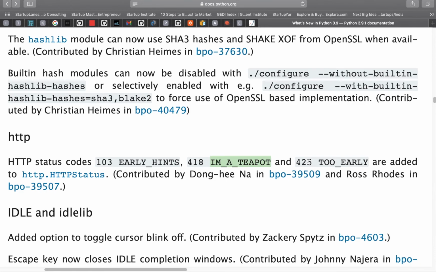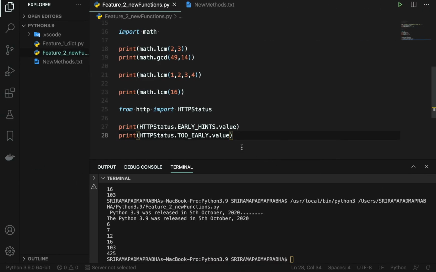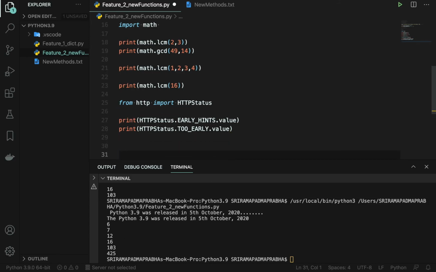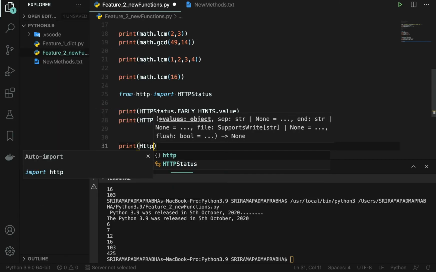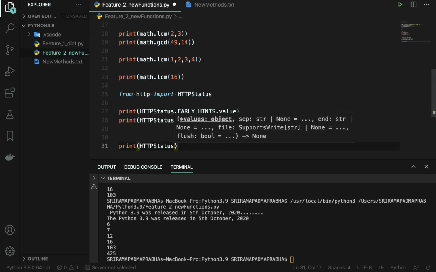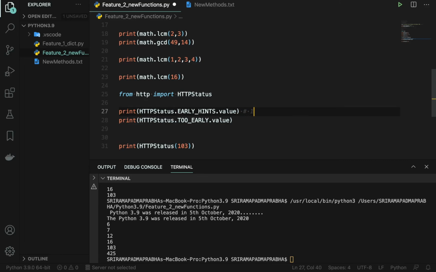It's not only that one, you can also pass the value rather than doing it in the reverse manner. We can use the print statement with HTTPStatus and pass 103. Actually, the early hints value is 103.